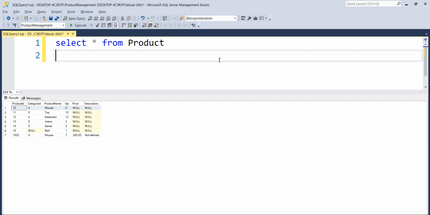So I need to write select star, and I want all the details of this product mouse. So I will write select star from product where what I know about this product. I only know what is unique in this row.